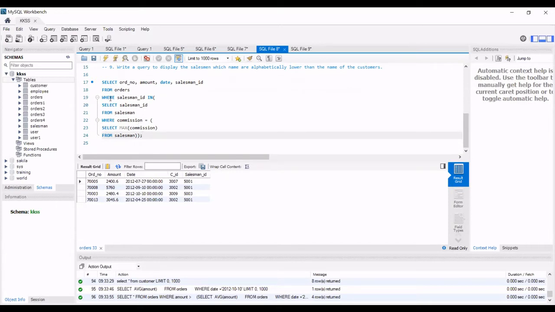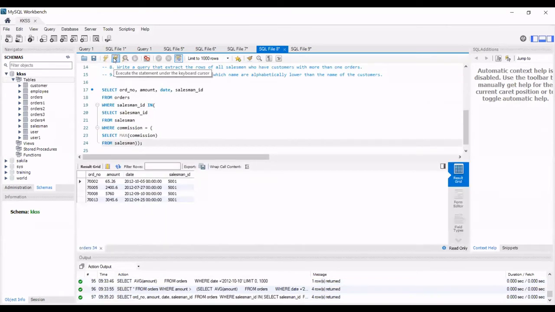First we are populating order number, amount, date, and salesman ID from the order table. We have a where clause where salesman ID is in a nested subquery, where the commission should match the maximum commission of the salesman table. So salesman 5001 has the maximum commission, and these were the orders placed by him.